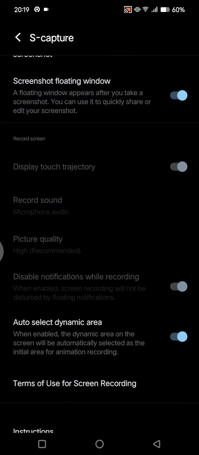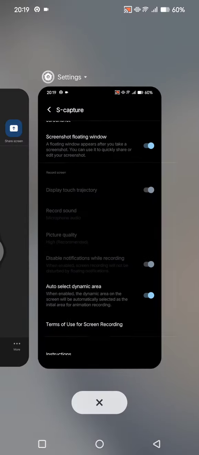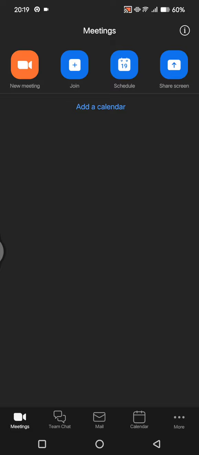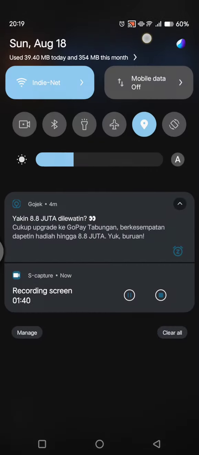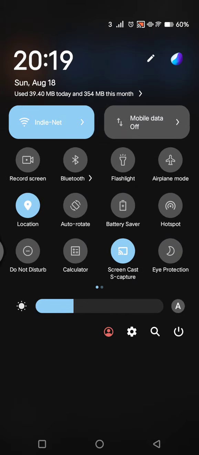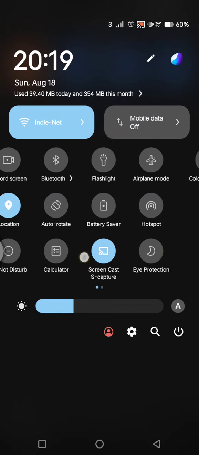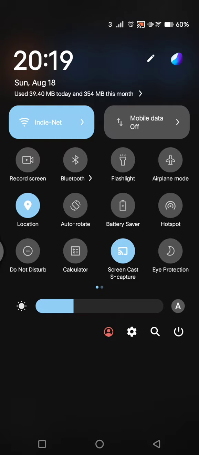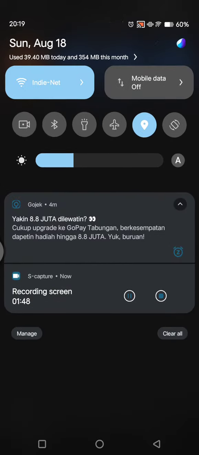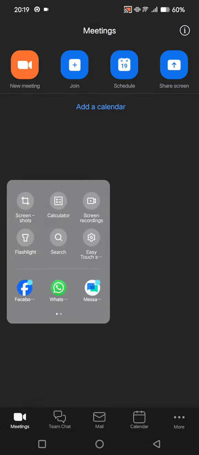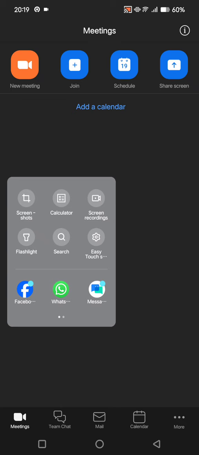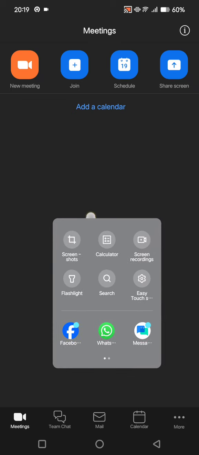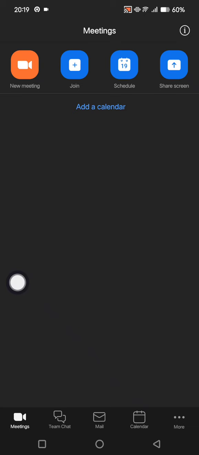Okay, after you set the screen recording, you can just open the Zoom apps. So when you start a new meeting, you can just go. There will be at the top the screen recording in the push notifications. This one, record screen, and also I have it on this easy touch. This one, screen recording. So you can just tap on your screen recording audio apps when you are in the